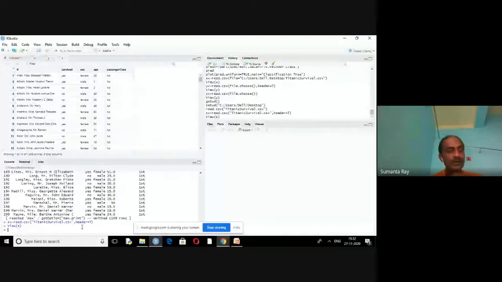R also supports this, with a specific package known as sqldf, used to write SQL queries. To install this package, we write the command install.packages within the braces and within double quotes, write the package name. In this way we download it, and after that we are able to write queries to retrieve something from the table.